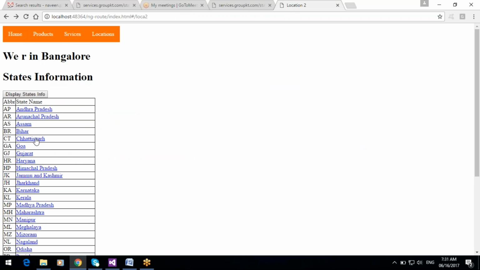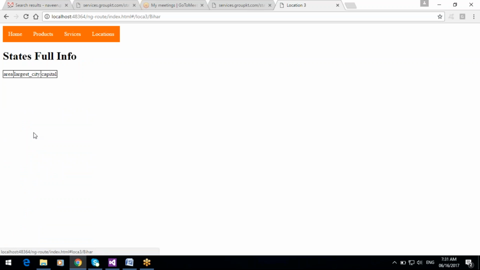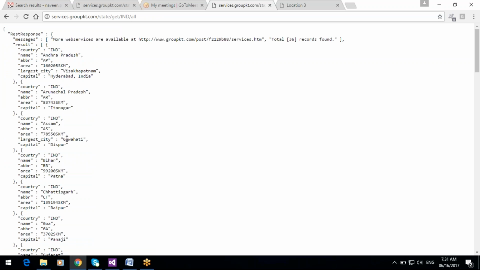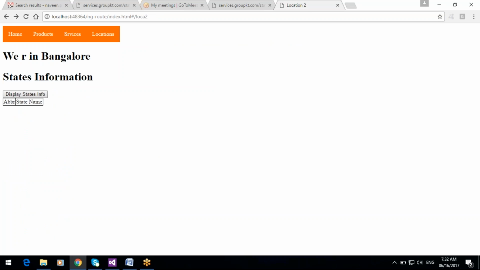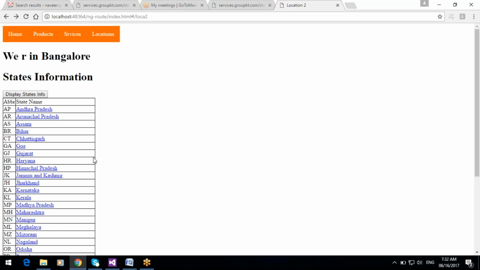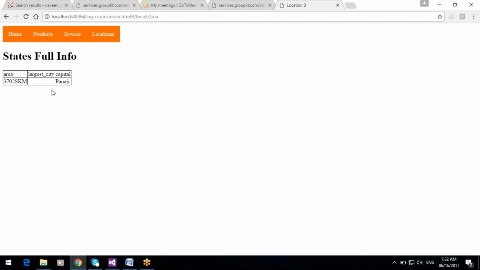Again, you can click on Bihar or Assam, anything. In Bihar there is no larger city, so there is no option for the larger city; only capital and area are there. If you go to another state, Goa, here also no larger city.